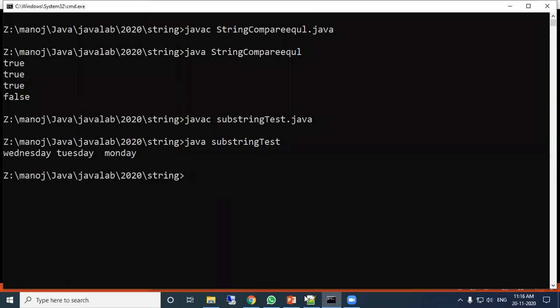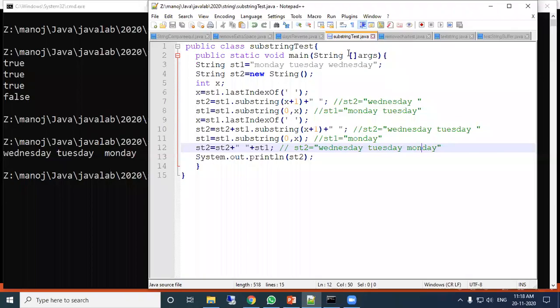This is the output. Next, let us see another program. Other programs you can test. Now let us go to the slides.